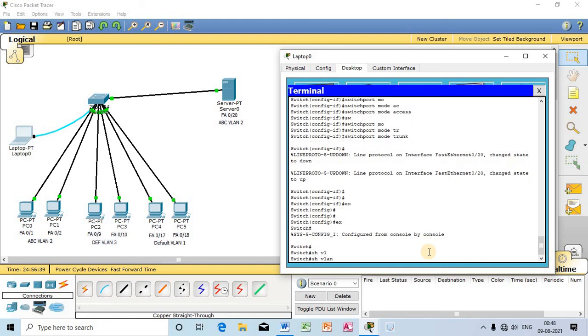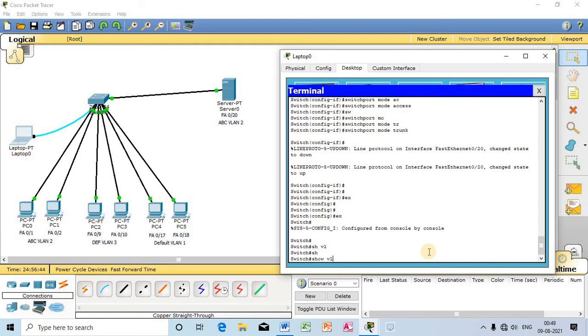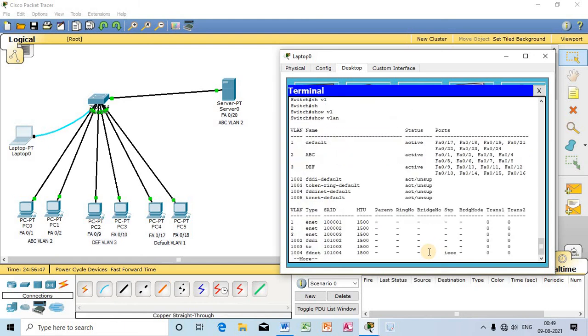Show VLAN. Okay, you can see this particular port 20 is missing. Previously port 20 belonged to the default VLAN, but now you can see that port 20 no longer exists in VLAN 1, because that port became the friend of all 3 VLANs.